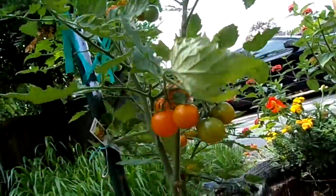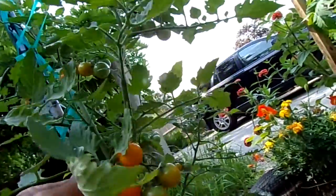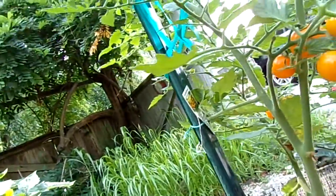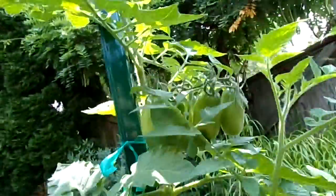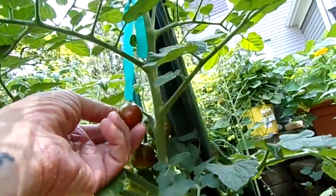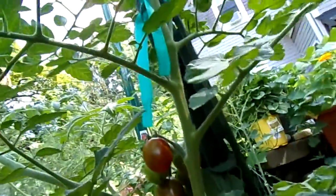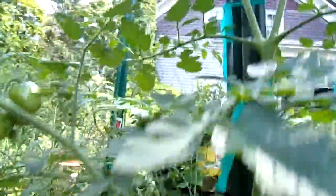Tomatoes, these, I always forget the name, sun sugar, cherry tomatoes, are producing abundantly. See? And they're just really delicious. So good. Tons of green tomatoes. These are plum tomatoes, San Marzanos. I'm not going to go through each one. Well, here's a little tiny, what is this? Smaller than I expected they would be, but